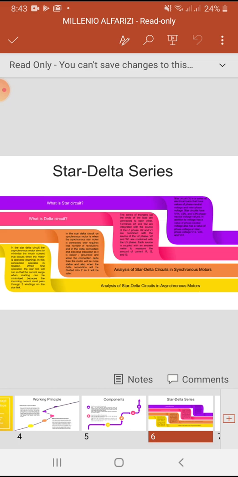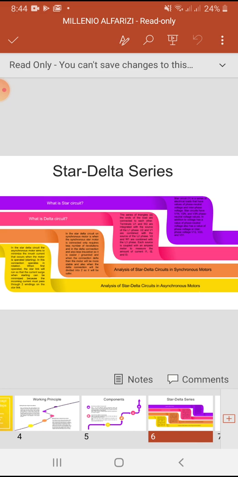Star circuits have V1N, V2N, and V3N phase neutral voltage values. In addition to phase neutral voltage, it also has a value of interphase voltage